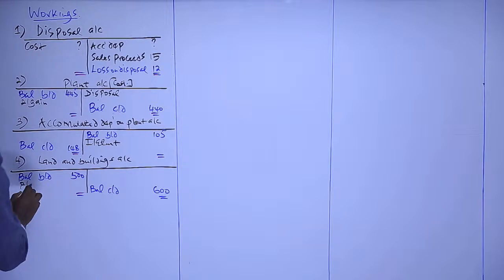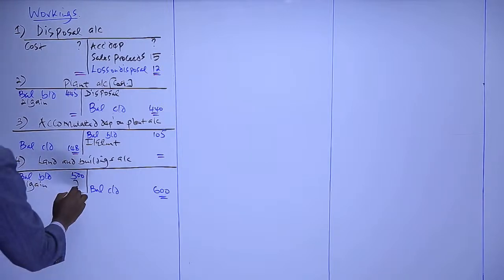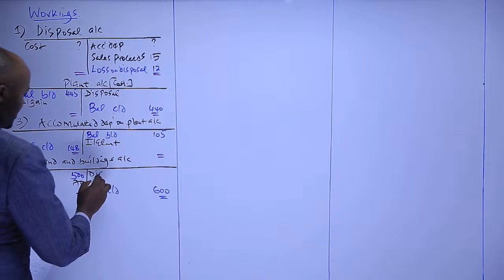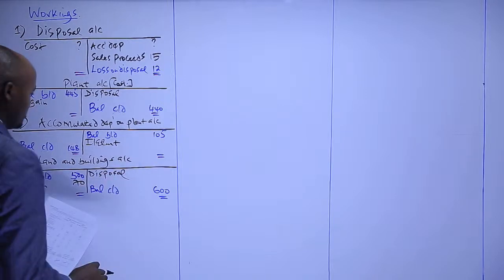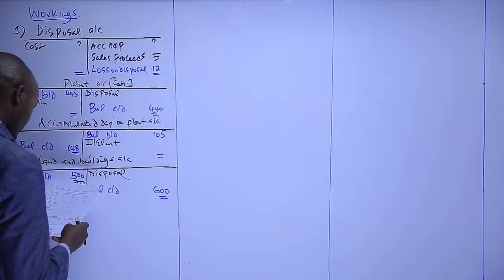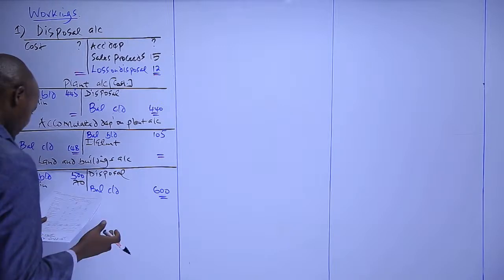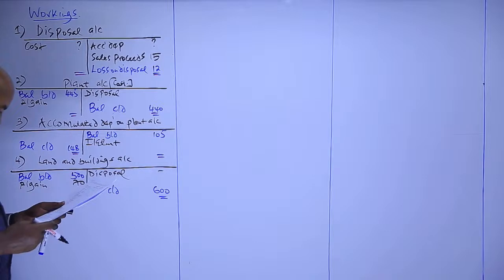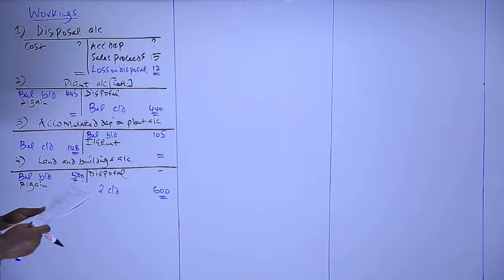Then on this account we should have any revaluation gain, and basically we know that during the current year land and buildings were revalued upward with an amount of how much? 70. And then what we should have on this side is any disposal. Well, there are some items of land and buildings which were disposed. Are we given such? I don't think so. I don't think we have any disposal on land and buildings. But we have a revaluation gain of 70. Yes. So that's what we have in note number 2.